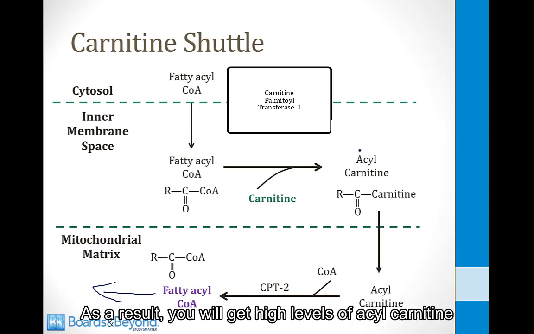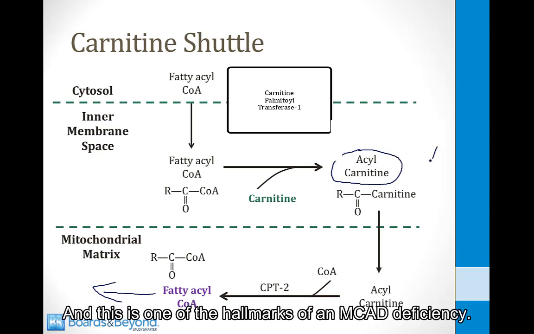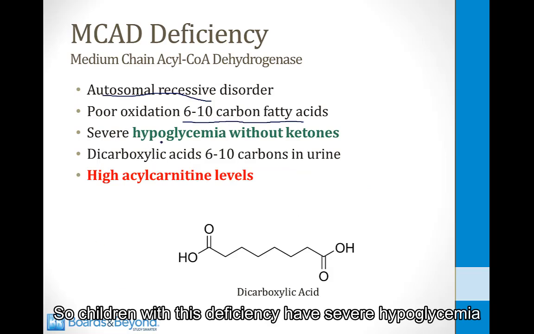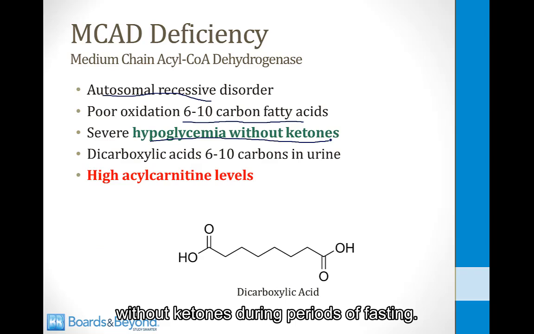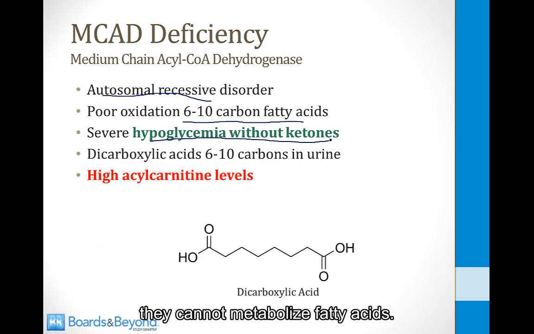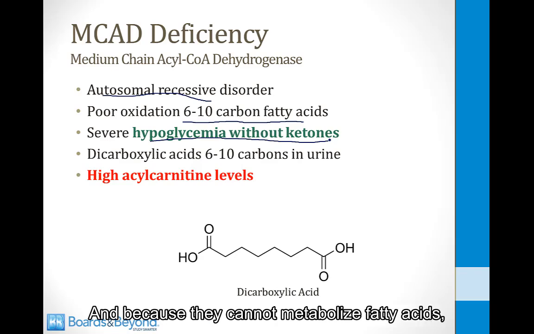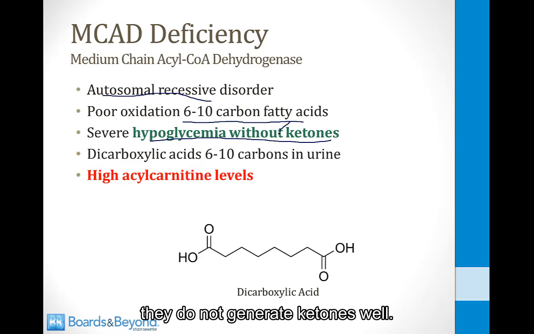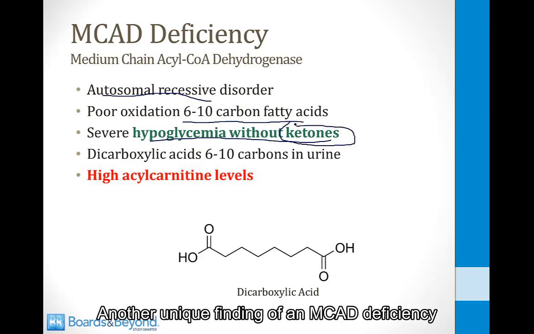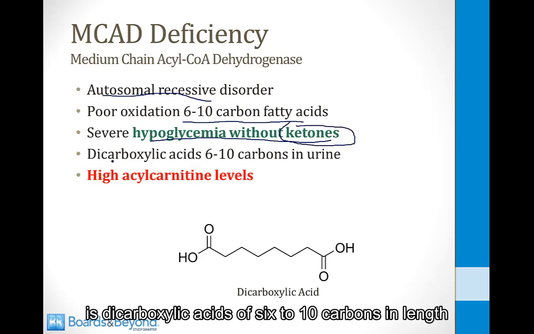As a result, you will get high levels of acyl-carnitine in the plasma, and this is one of the hallmarks of an MCAD deficiency. So children with this deficiency have severe hypoglycemia without ketones during periods of fasting. They overuse glucose because they cannot metabolize fatty acids, and because they cannot metabolize fatty acids, they do not generate ketones well. Another unique finding of an MCAD deficiency is dicarboxylic acids of 6 to 10 carbons in length in